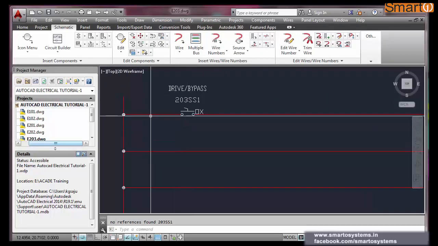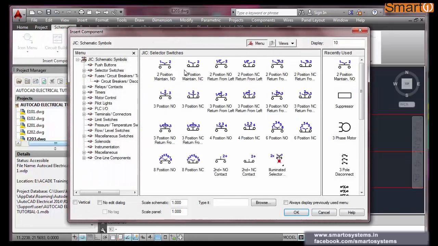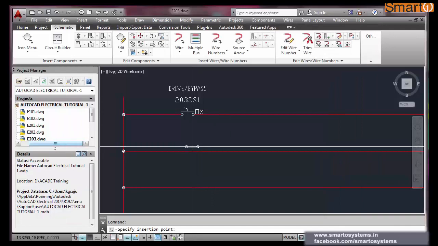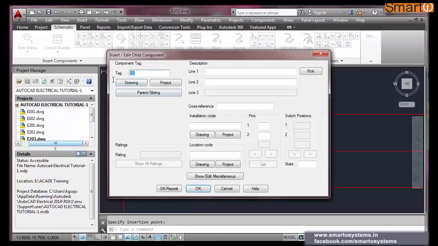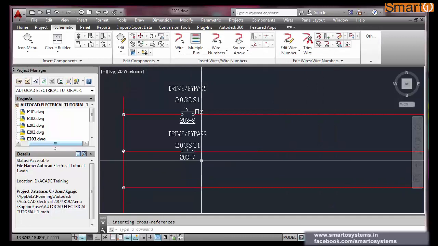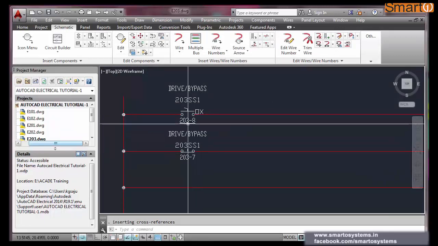Now this is only one pole. I want one more pole of this selector switch. What I will do is put the second NC contact down here. The tag should be the same because these are different poles of a selector switch. Drive bypass.